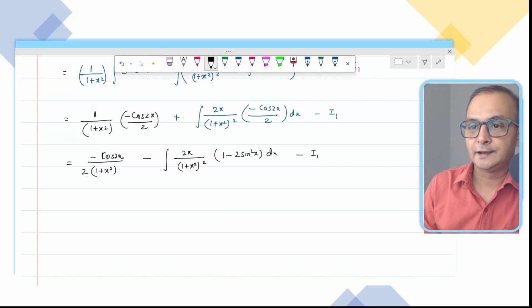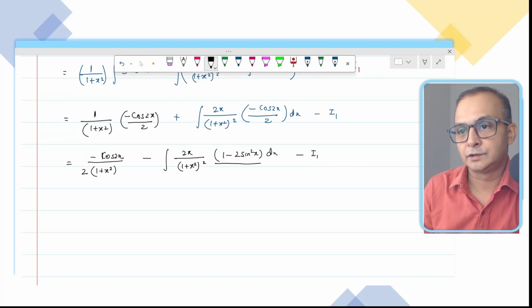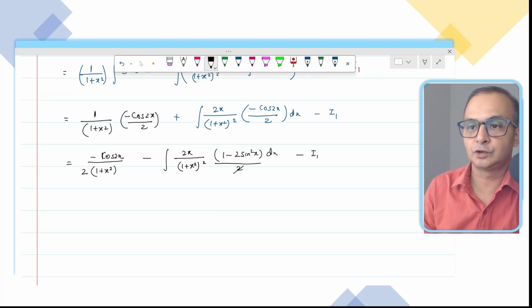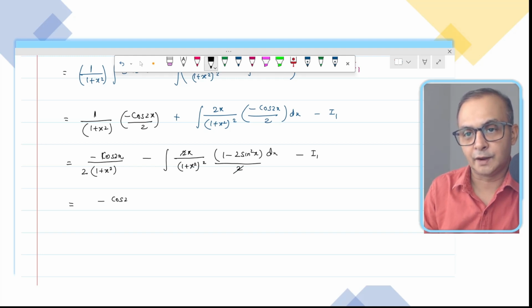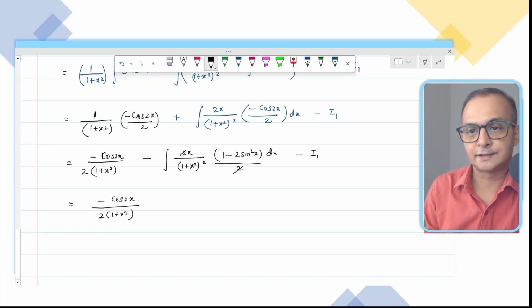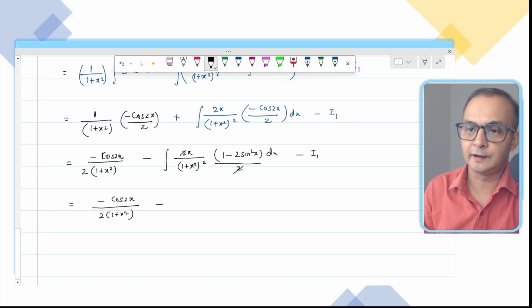Now you can see there's a 2 also here, so 2 and 2 will get cancelled, and I'm separating this thing as minus cos 2x by 2 1 plus x squared as it is, and here I have